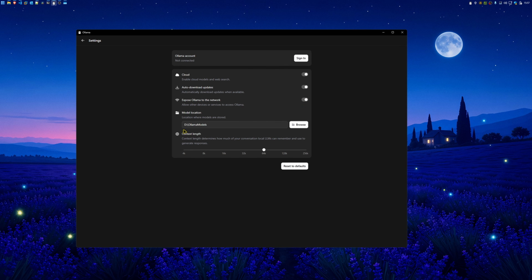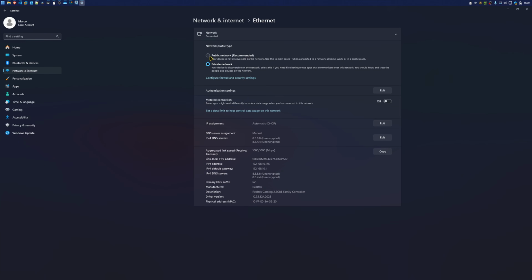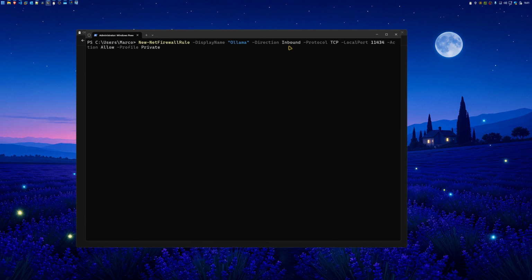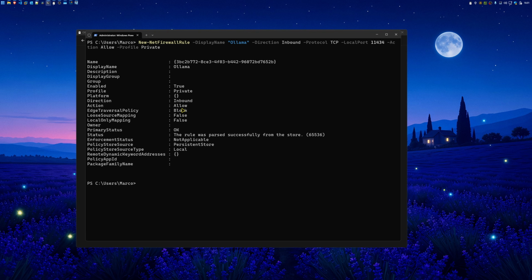And then there are two things you want to check for this to work. The first one is that your network is set to private. So if you right click on the start button, go to network connections in the settings, and have a look at your Ethernet or Wi-Fi, you want to make sure you're on a private network, not public. And the second thing is the Windows firewall, because it can still stop other devices from reaching your PC. So to make sure Ollama's traffic is allowed on your private network, you can run this command you're seeing right here in an admin PowerShell window. And to be crystal clear, this is for your home network only. You shouldn't be doing this on a coffee shop Wi-Fi or anything like that.